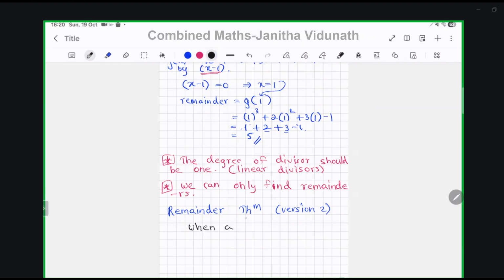Write down with me this also, another way of stating the remainder theorem: when a polynomial f(x) is divided by ax plus b,